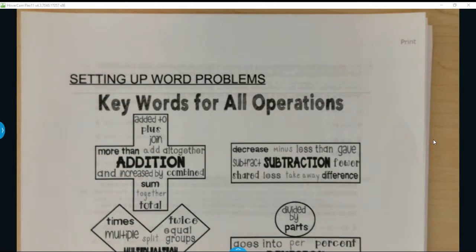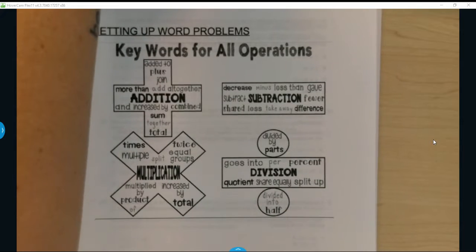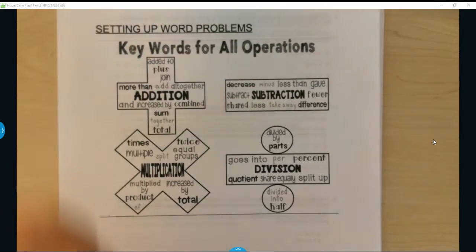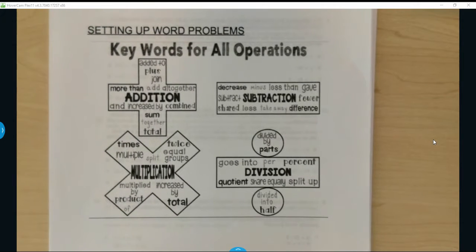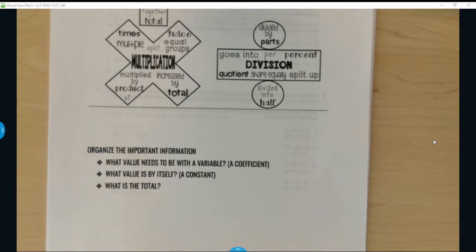So your packet starts with the keywords for each operation, as you can see here. Probably would be a good idea to take a minute to look through that, and then if you want to pause, to just read through what words will be representing addition, what words subtraction, what words multiplication, and what words division. Pause now, take a look at that. Okay, so once you've unpaused yourself and you know the words now,